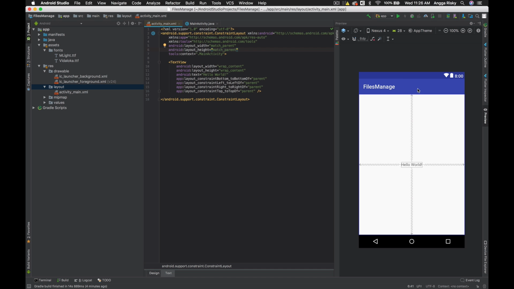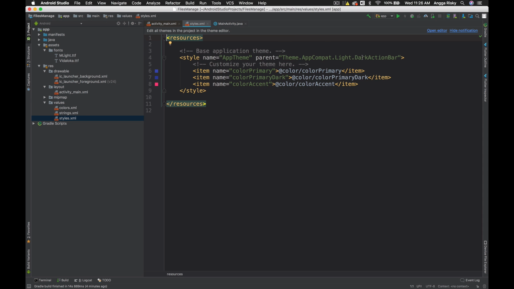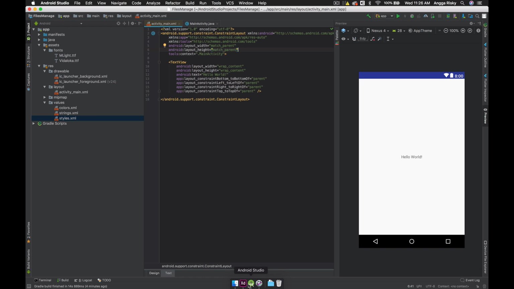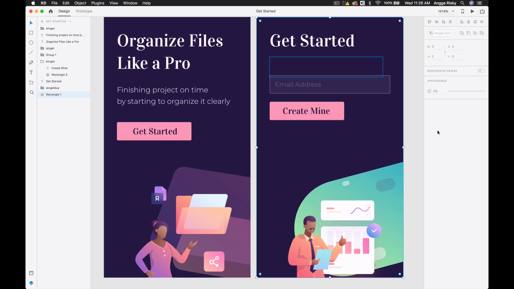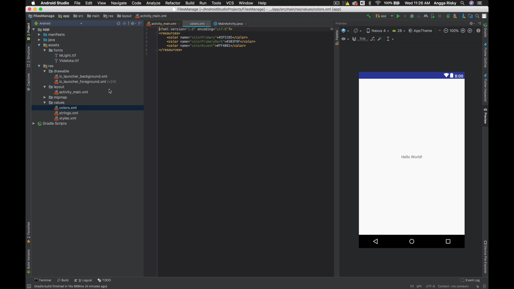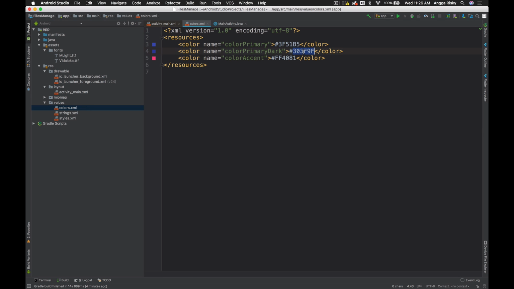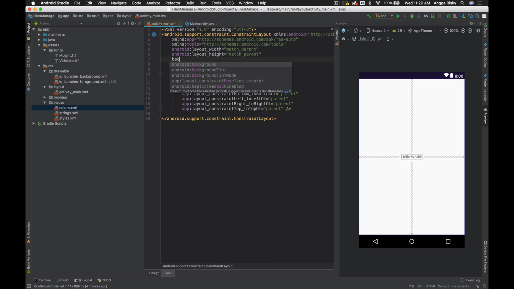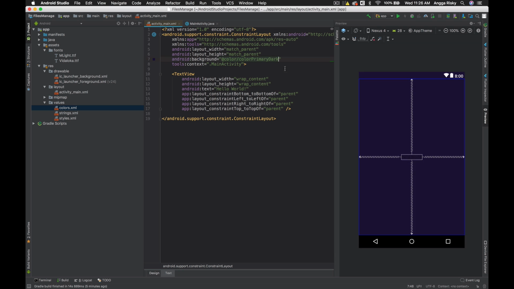So I'm gonna remove this action bar: go to values and then styles, and then remove the action bar, which is no action bar. Okay, and for the status bar color, I will go to Adobe XD here. I'm gonna get the background color and then put it into the colors. Just replace it with the color primary dark, this one. Okay, amazing. So we're gonna check the preview. Wow, all right. So in the background, we use the background color primary dark like this.